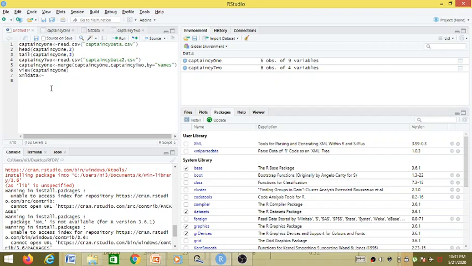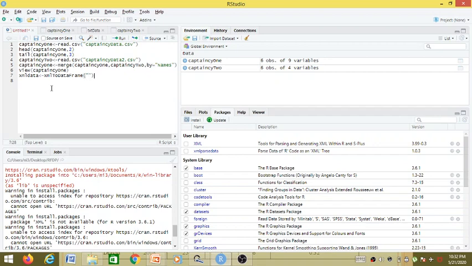Here we have to call the XMLToDataFrame function, and as an argument to that function we will be passing